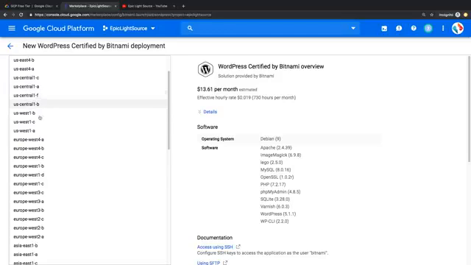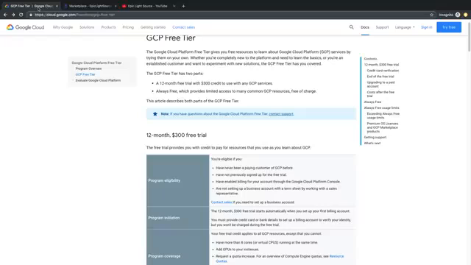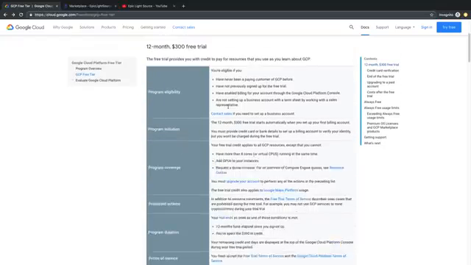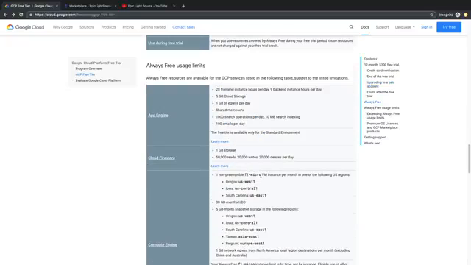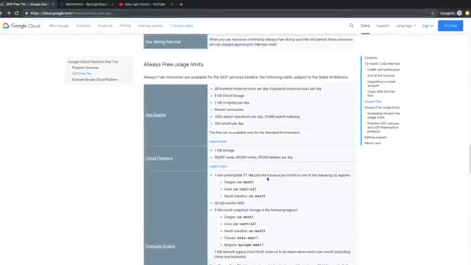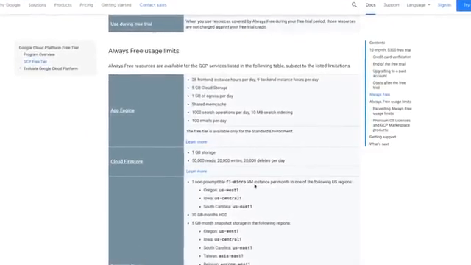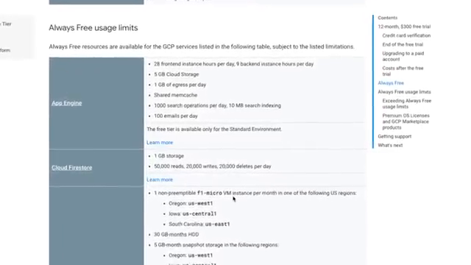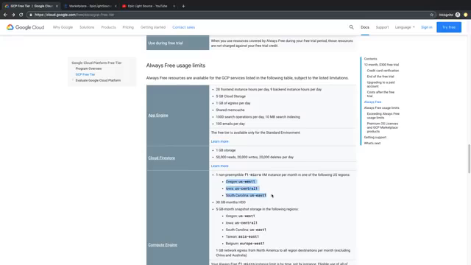For zone, I'm going to use US West 1. Now this is very important because there is a free tier offered by Google Cloud Platform, but it's very specific in which region you deploy your virtual machine on. So to take advantage of the Google Cloud Platform free tier, we're allowed to run one F1 micro VM instance per month as long as it's in one of the following 3 regions: US West 1, US Central 1, or